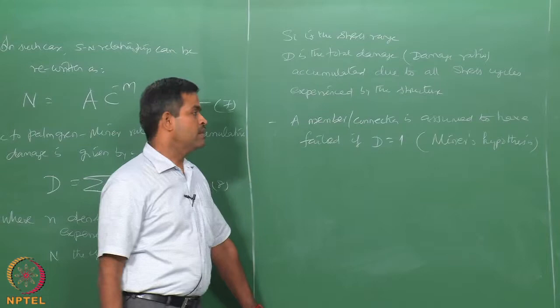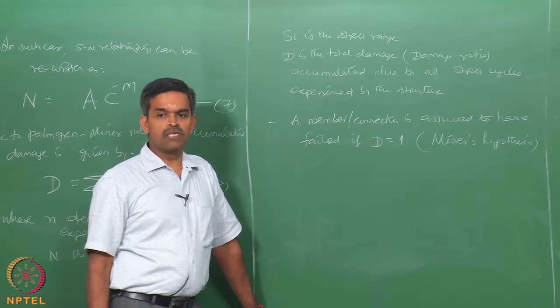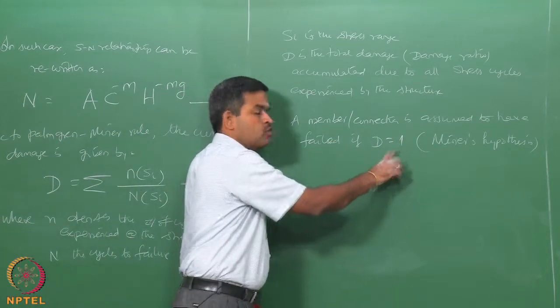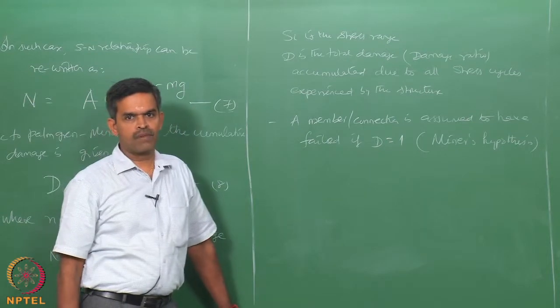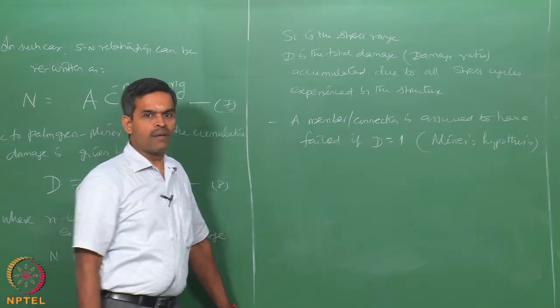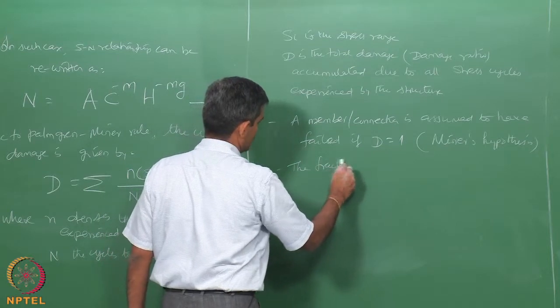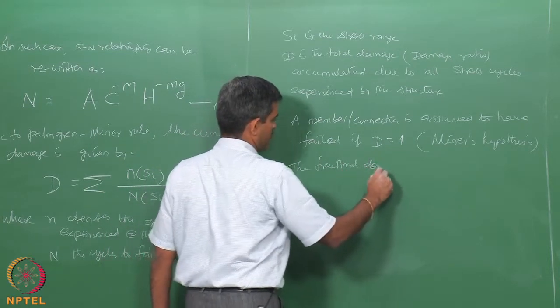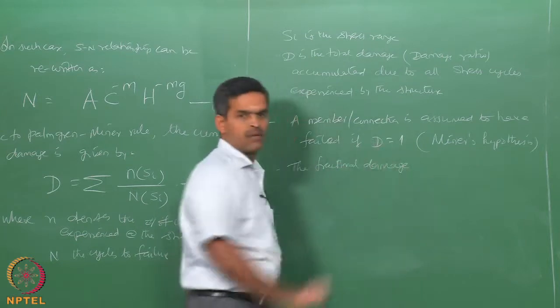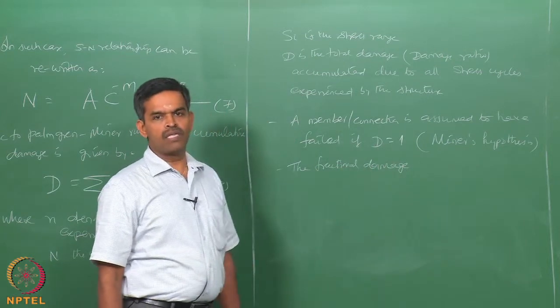Somewhere we also said, accounting for various other uncertainties, this is also reduced to 0.5. Now, the fractional damage caused by the wave cycles